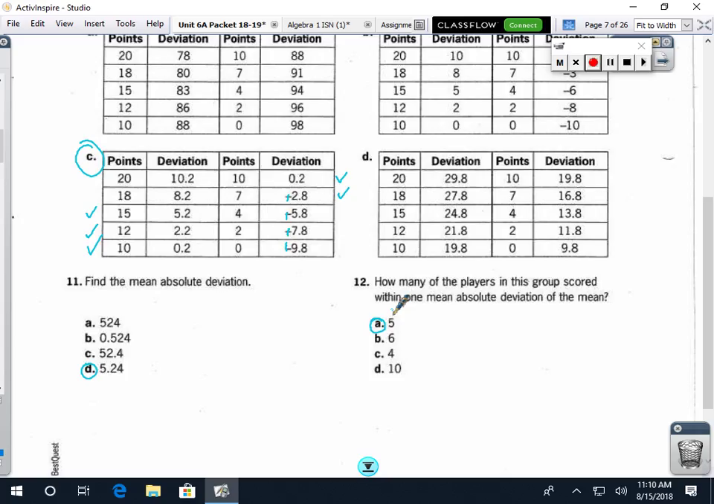What would 2 mean deviations be? What value would 2 mean deviations be? 10.48, because wouldn't you just double that number to 10.48? And how many players would have been within 10.48? All of them, right? Because all of the numbers up here are between 0 and 10.48. That one barely made it in, but it made it. Okay,